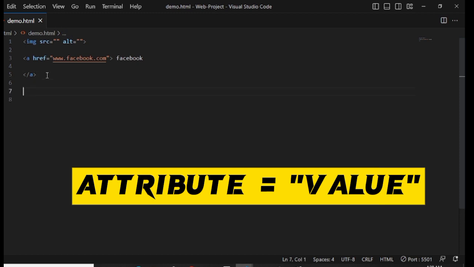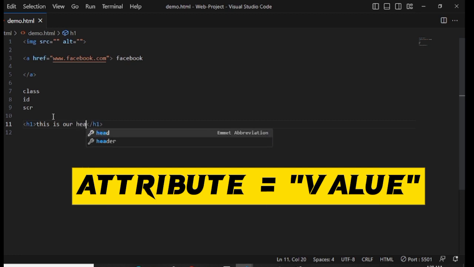So some other things we can see as attributes are the class, the id, and we have seen the src, which is the source. We can also have an h1 element. This is our heading. Okay, this is an h1 element, and